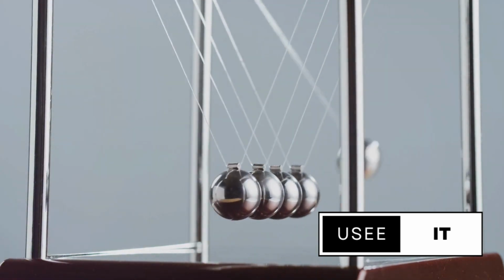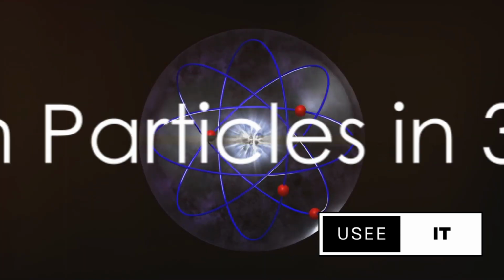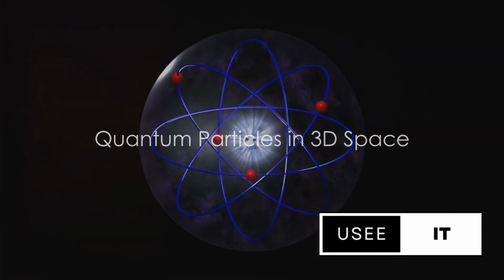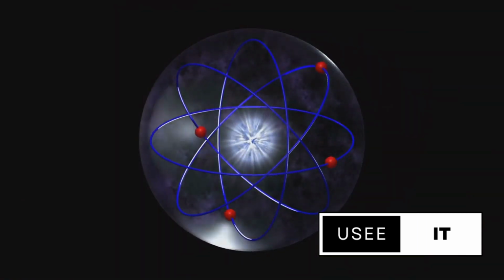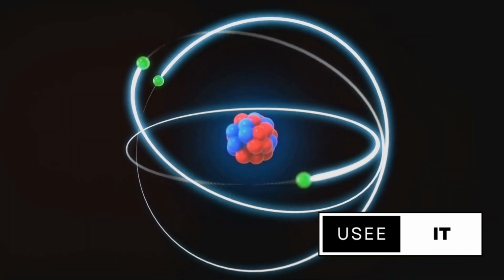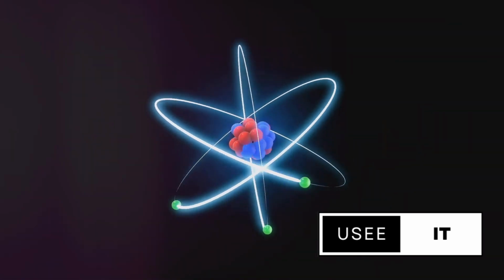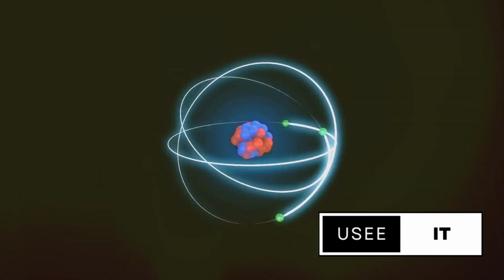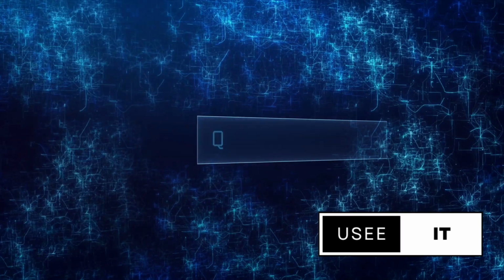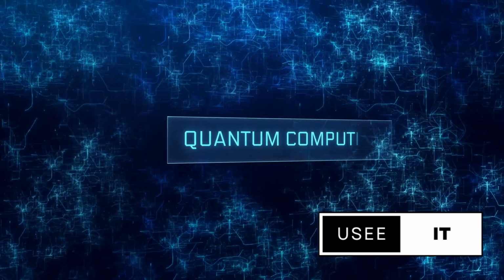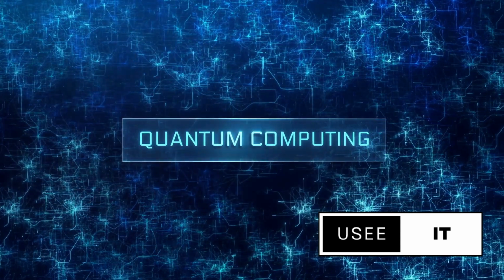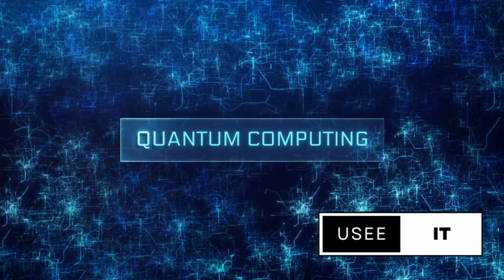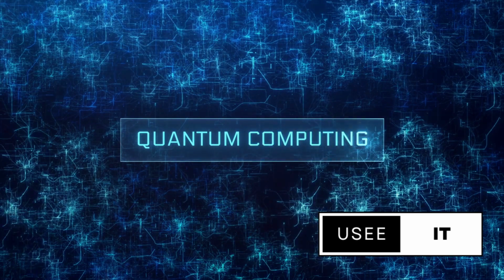But how does it actually work, Lee? To understand quantum mechanics in 3 dimensions, we have to get to know the actors on the stage, the quantum particles. The quantum world is a bustling stage, with particles like electrons and photons playing important roles. These particles, while infinitesimally small, are essential characters in the quantum story. They have properties and behaviors that are far from what we're used to in our everyday world.